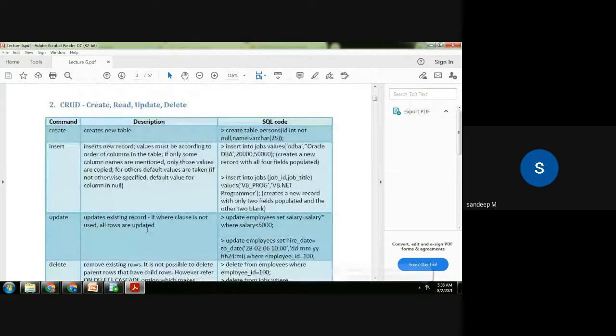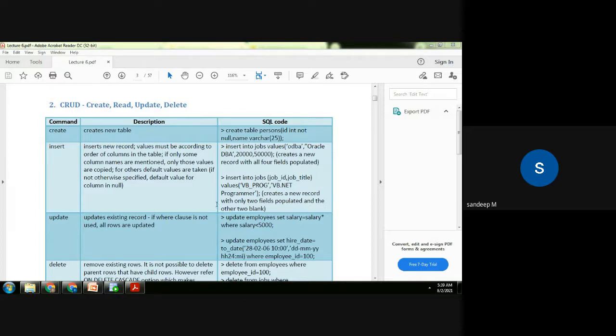So the basic commands in SQL are, so in the database you have to create tables. Okay, so a table is just a combination of rows and columns. In the rows you'll have the individual records, and the columns will be about the attributes. Say for example the students database will have rows, individual students, and the columns can be data related to students like the marks and all. So that will be a table.